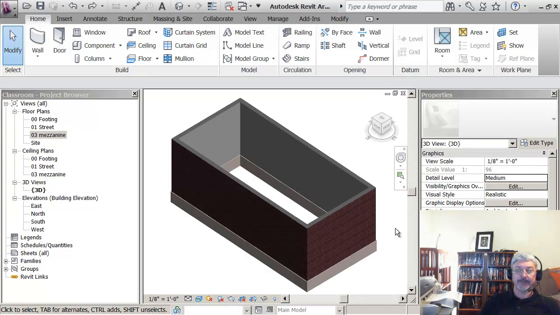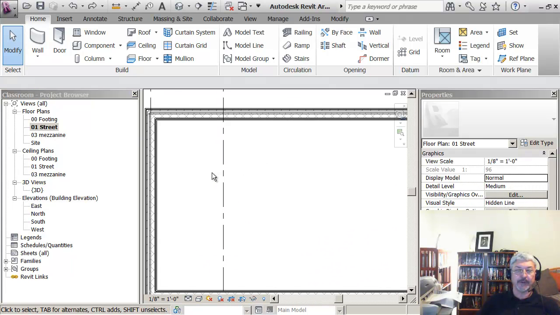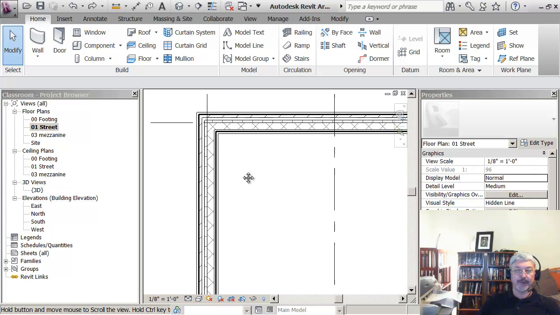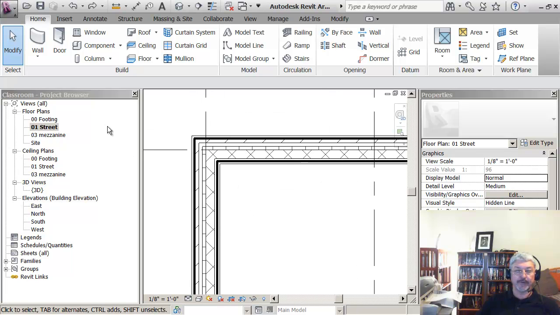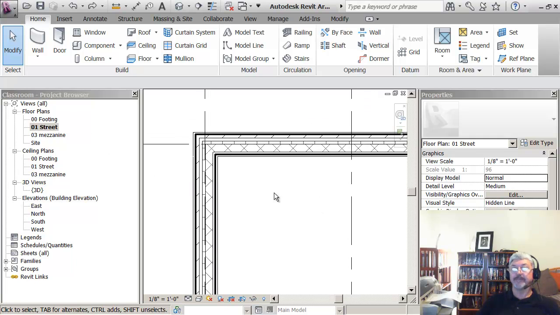Okay, so I want to show you some techniques for putting the floors in, and what I'm going to do is switch to the street level view, because you typically work in an orthogonal view, and a lot of times you're drafting in the floor plan views. And what I want to show you is under the Home tab and under the Floor